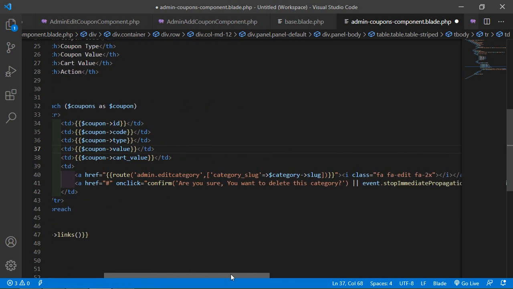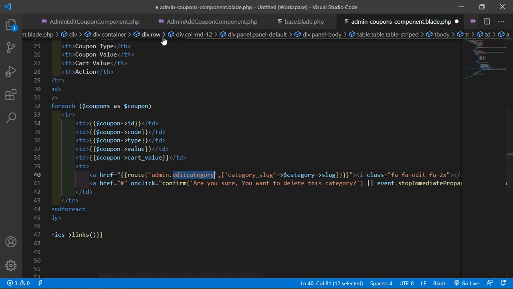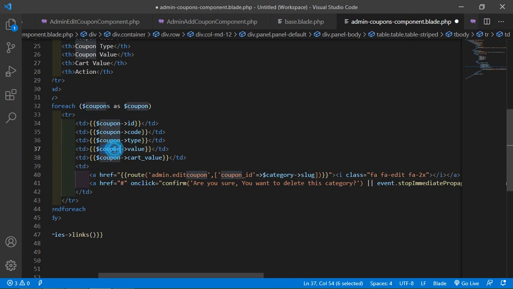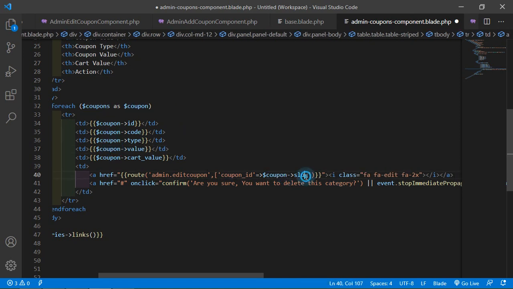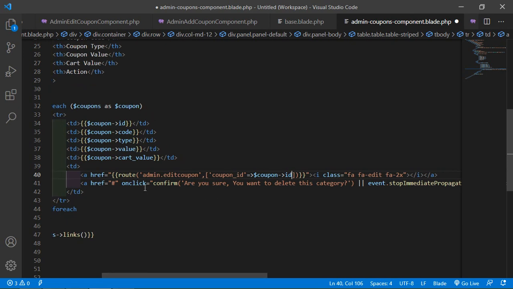Okay, and inside the edit link, also change here, first change here the route name, edit coupon, admin.edit-coupon, and then coupon_id, and now just pass here the $coupon->id. Okay, and for deleting the coupon, onclick is equal to confirm, are you sure you want to delete this coupon.